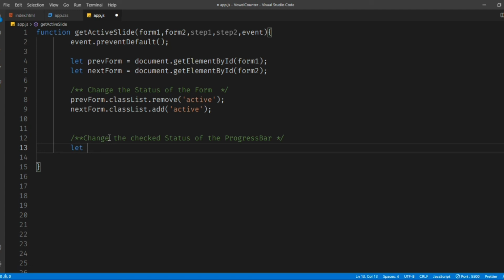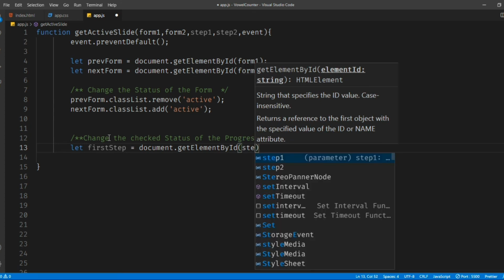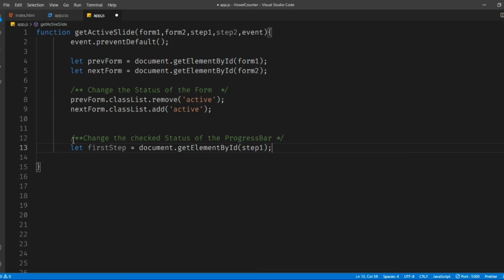Alright, now let firstStep, this is a variable, document.getElementById, right? I'll be using step 1. Now, like this is a symbolic name, nextStep, I'm going to step 2.